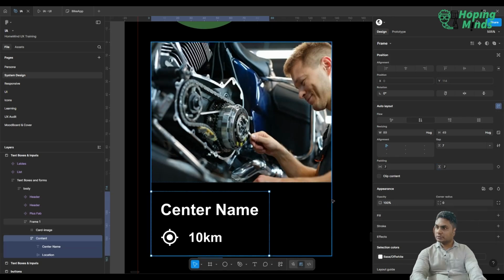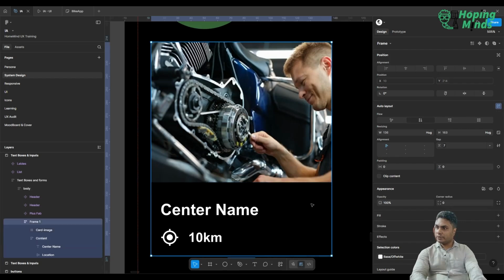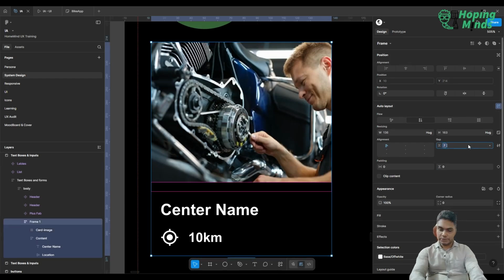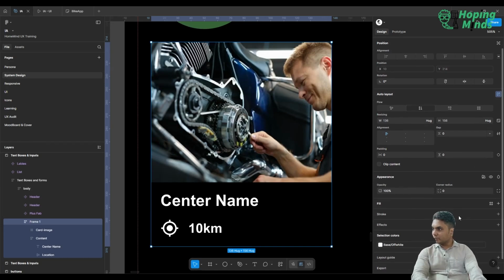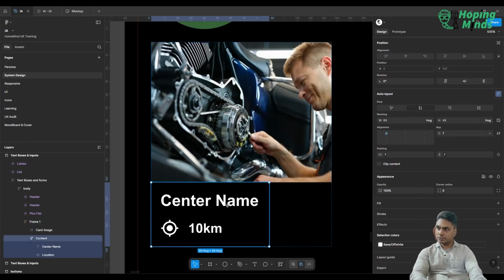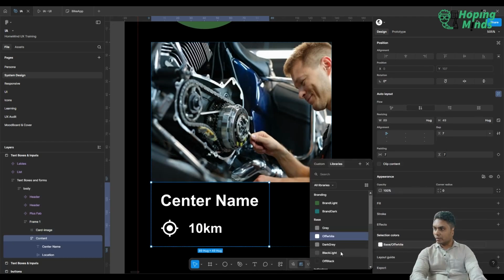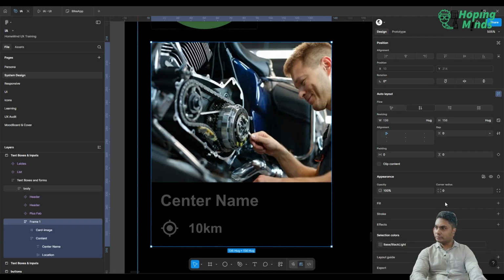I think that's too big, but maybe we need to remove the space from here, and we can make it 0. We don't need a space from here because the padding is coming from here itself. And for background, let's use some background. Maybe then these need to change. Instead of off-white, let's go with dark black light, and for the background we can use